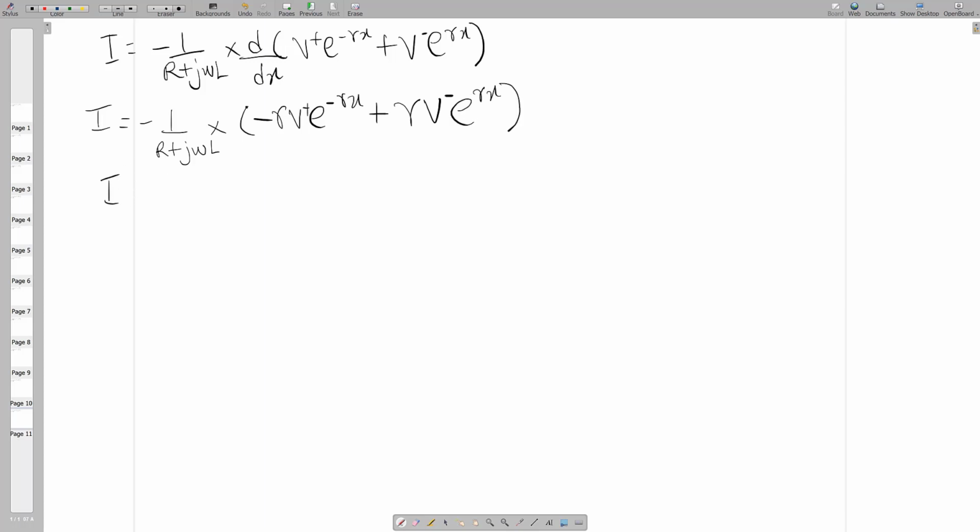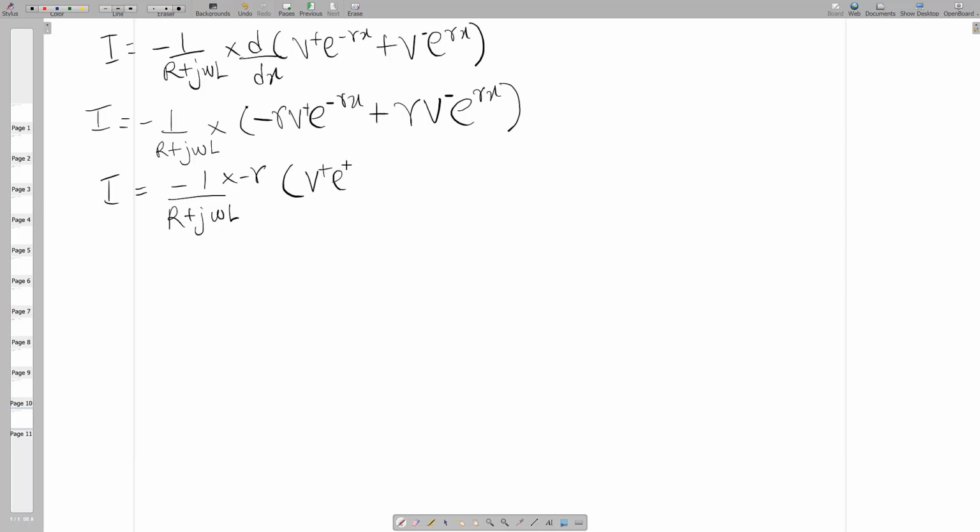So if we simplify this, gamma is common here. If we take minus gamma out, we are going to have minus 1 over R plus j omega L. By taking minus gamma out, minus gamma is going to multiply this minus 1 over here. So we have in this bracket